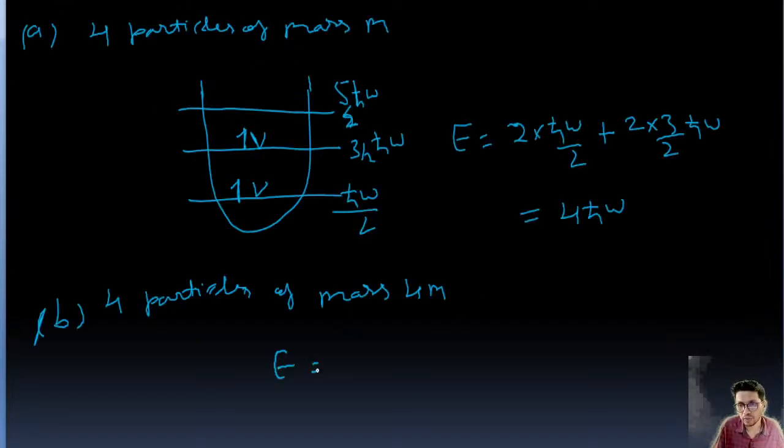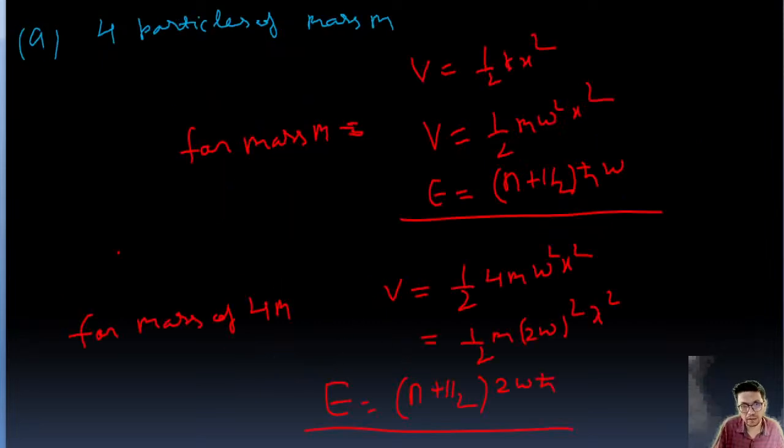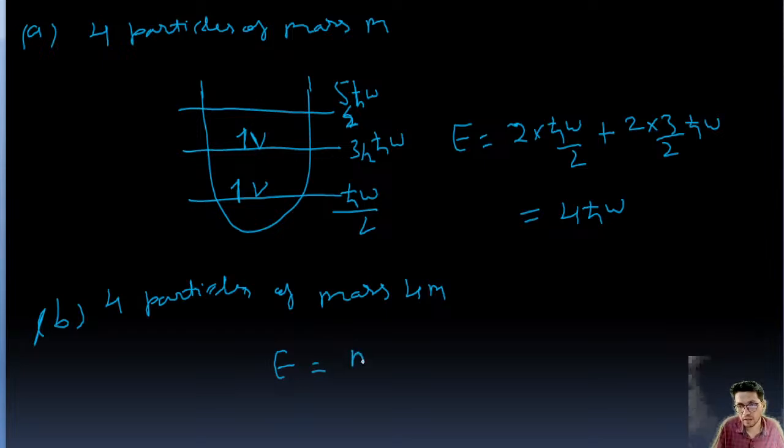And this energy, we know this E, right? I have already found this one. So this is (n plus half) 2 omega h cut, right? So for the ground state, n is 0,